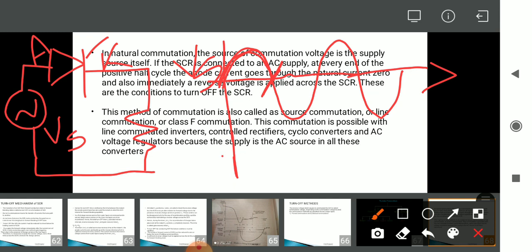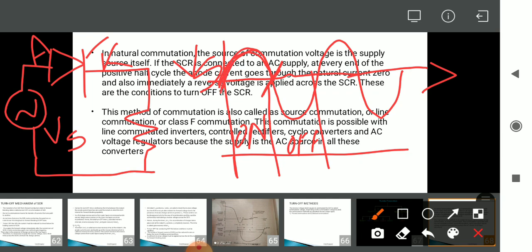If we draw the plot of on and off curve, in this time it will be on, and in this time it will be off, because we are applying a negative supply. As soon as we apply the negative source, it won't turn off immediately. It will take some time, that is T1 to T3 and T3 to T4, from this graph. Whatever time T1 to T4 takes happens in a fraction of a second. It won't turn off immediately because of the charge carriers which are present in the SCR.